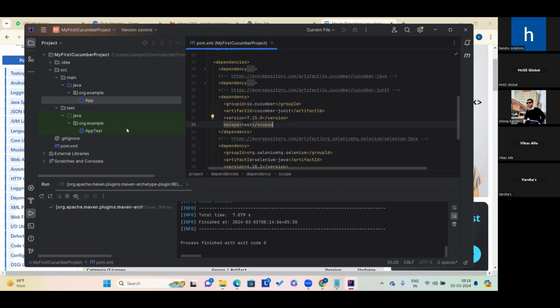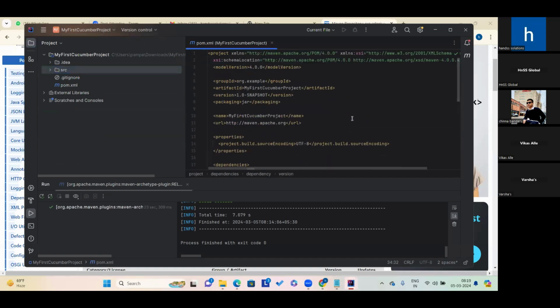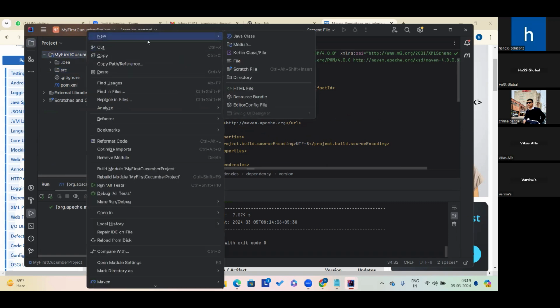So we cannot just use the Cucumber functionality without adding this dependency to your project. This is what we are doing in the pom.xml file. Once we have all the required dependencies, now we'll start writing Cucumber feature files. As per industry standard, we have to create a separate folder for feature files. So for example, let me create a folder called features